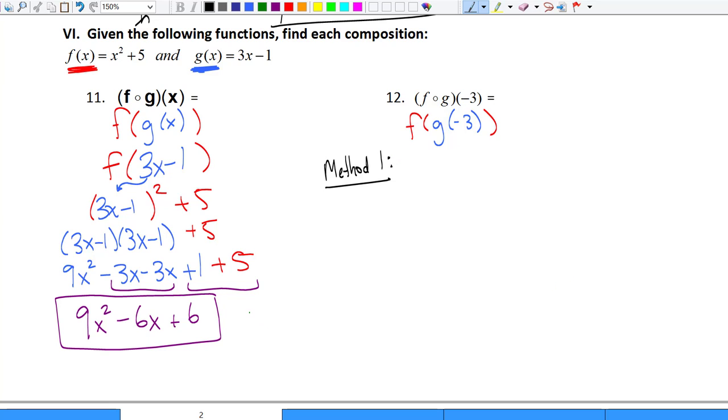One easy method is just to take the answer from number 11, assuming you got 11 correct, because the answer to number 11 is f of g of any x in the world. So if f of g of x is equal to 9x squared minus 6x plus 6, then f of g of negative 3 just means plug in negative 3 to the answer. So if I just plug in negative 3 to the answer,